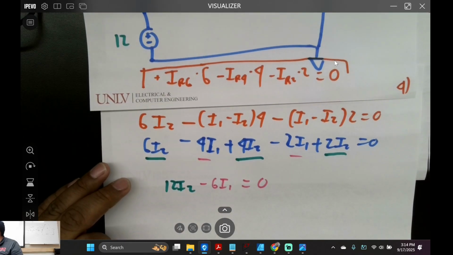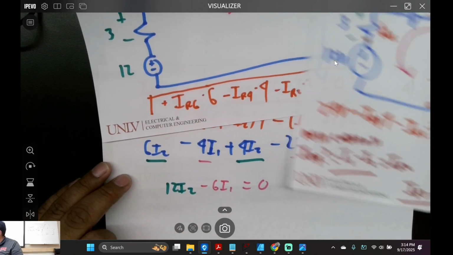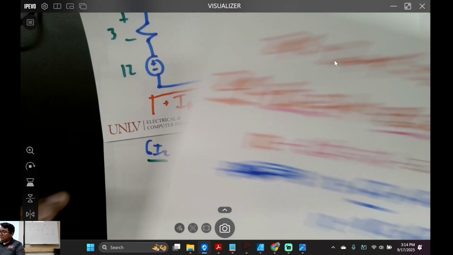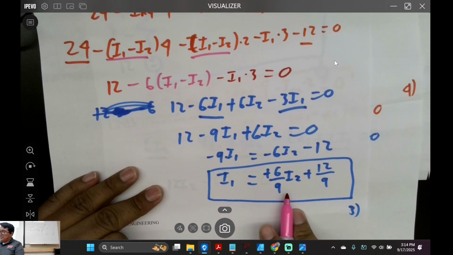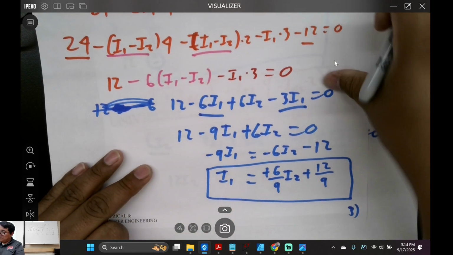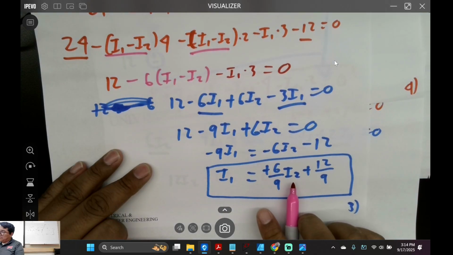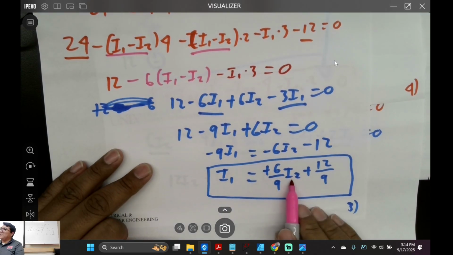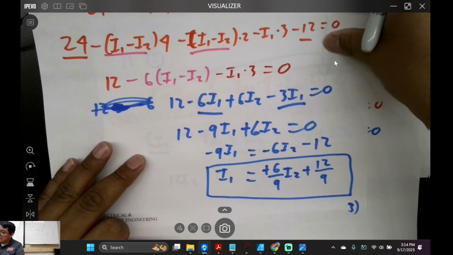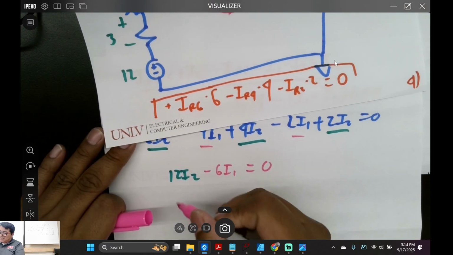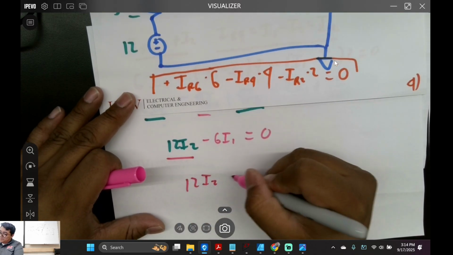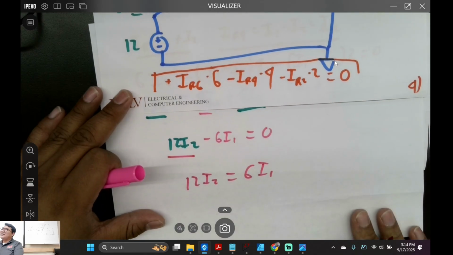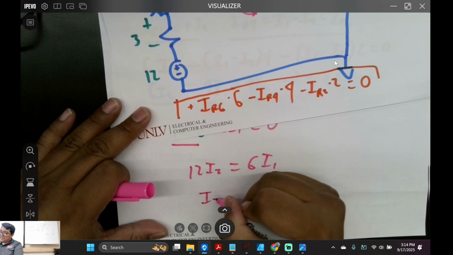So, remember that first equation we were looking at? Let me see if I can grab that. We solved for I1. Congratulations, right? But now we got to solve for this I2, right? But let's just say I want to punch in. We're going to punch into this equation. So what should I do? Solve for I2, correct? All right. So we want this. Good. 12I2 is equal to 6I1. Good. I2 is equal to,